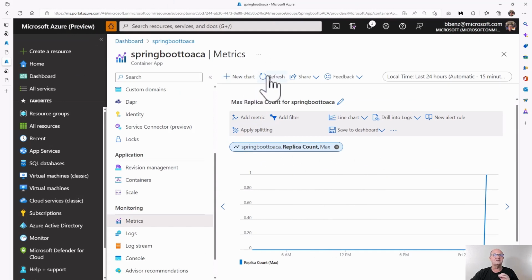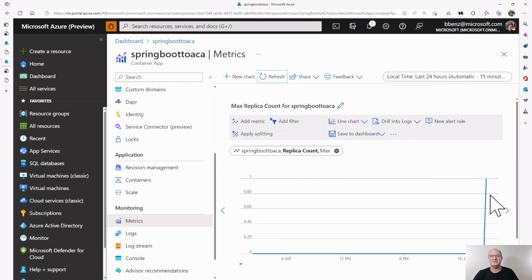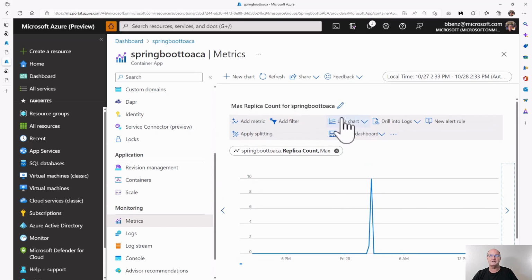So let's look at this, refresh the usage chart. Oh, it's only got 1 replica at the moment. But maybe I only set it up for 1 replica at the moment. I'm not sure 100% to be honest. Yeah, I think it's, oh, there we go. So it's got 10 replicas running at a certain point there. It fired it up, it went in and it sped up to 10 replicas.